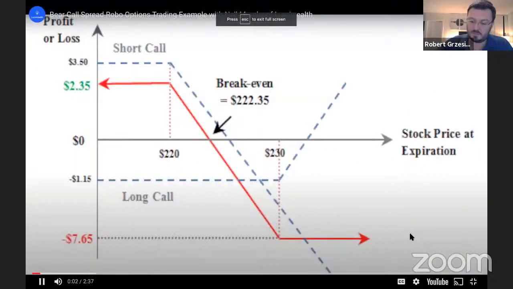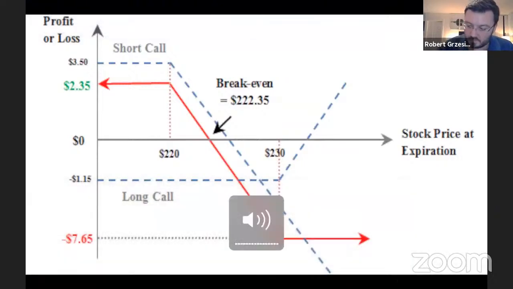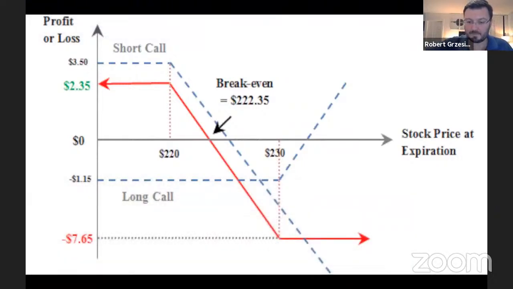We're going to go over a strategy called the bear call spread. The bear call spread is a long short strategy using calls. It's anticipating that the underlying is going to drop in price. And you can see here in this chart, you go short a call at 220, you get the premium for